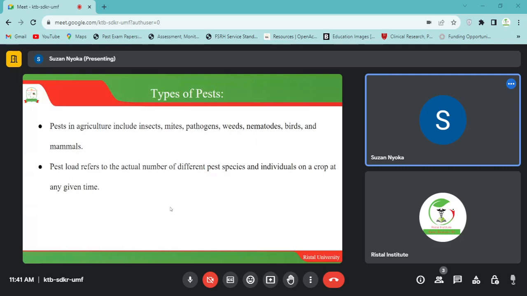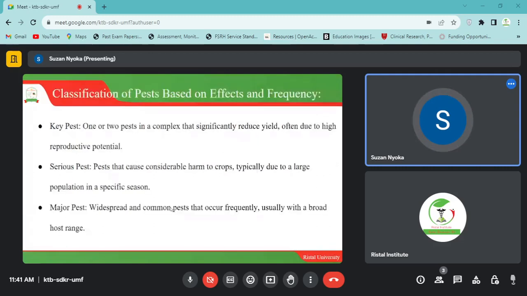Classification of pests based on effects and frequency. One, we have the key pests. One or two pests in a complex that significantly reduce yields, often due to high reproductive potential. Other serious pests. Pests that can cause considerable harm to crops, typically due to large population in a specific